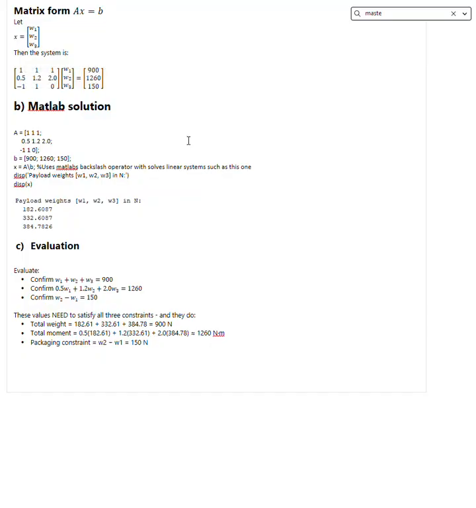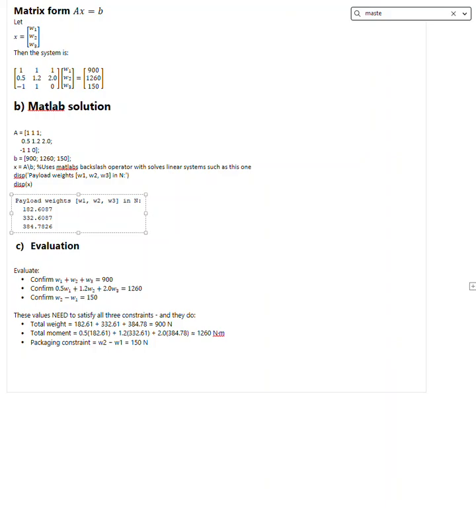In regards to the MATLAB solution, using matrix A and vector B, I utilize the backslash operator, A divided by B, which solves the system that we need, and MATLAB will return the numerical values with floating decimals that it handles as shown here. In regard to part C and asking how I verify the solution, I checked each of